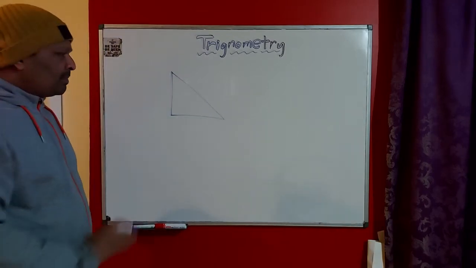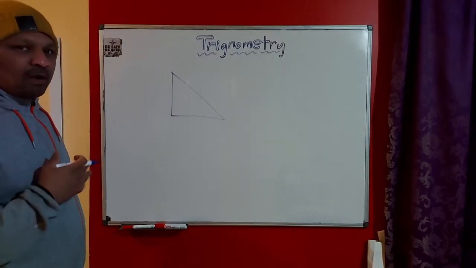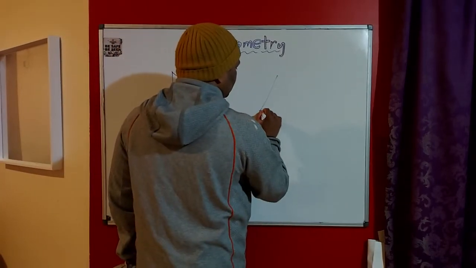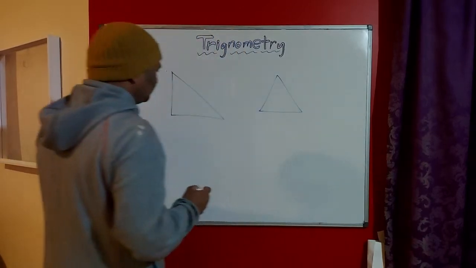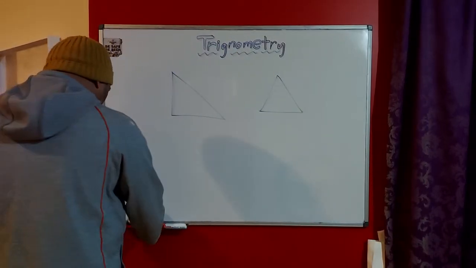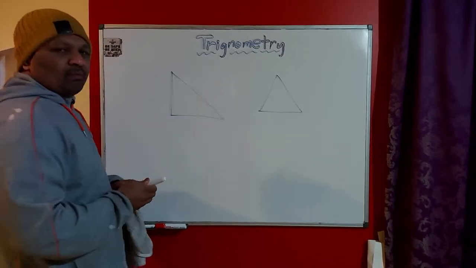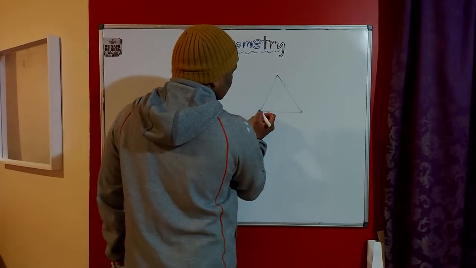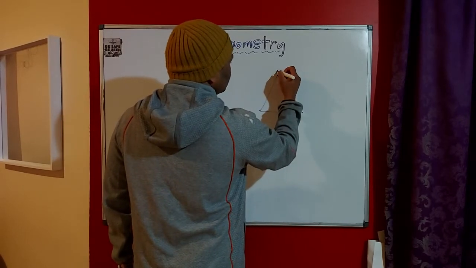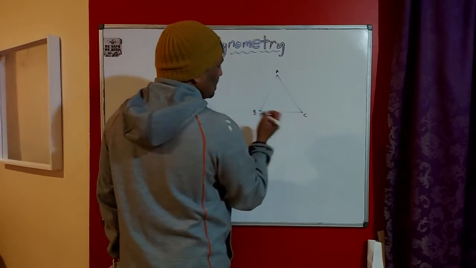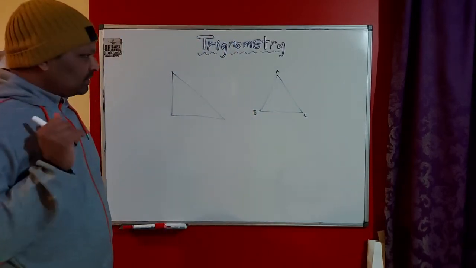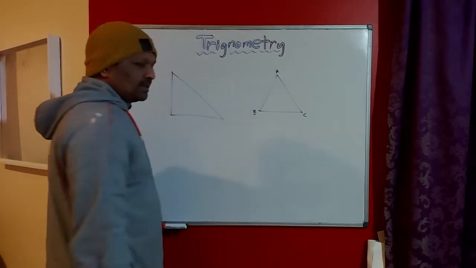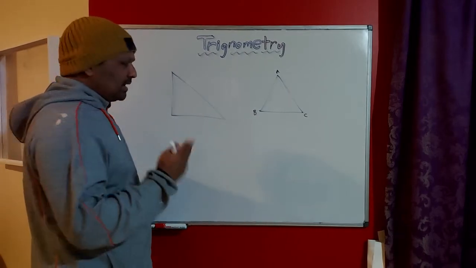Before we go to the right angle triangle, let's see some general properties of a normal triangle of any shape. For example, a triangle can be drawn like this. This is a normal triangle. It's not a right angle triangle, but it's a normal triangle. The corners here are called vertices. Let's assume these vertices are A, B and C. So a triangle has three vertices. That's one property. And how many sides are there in a triangle? There are three sides, isn't it?